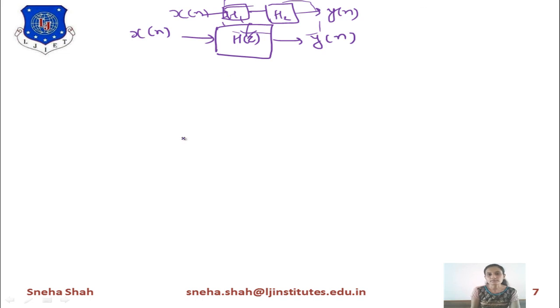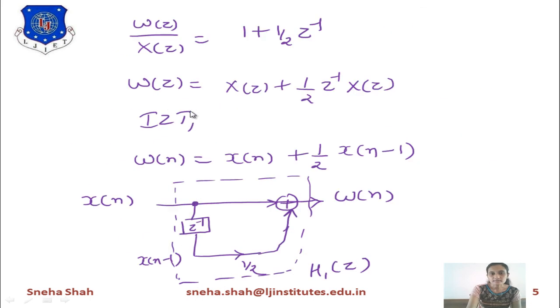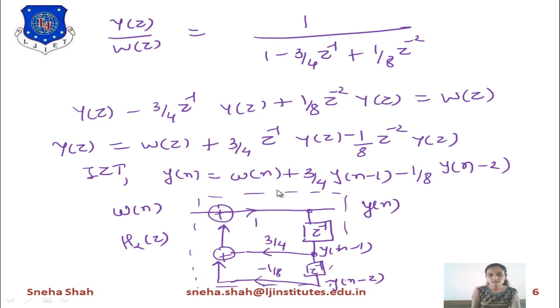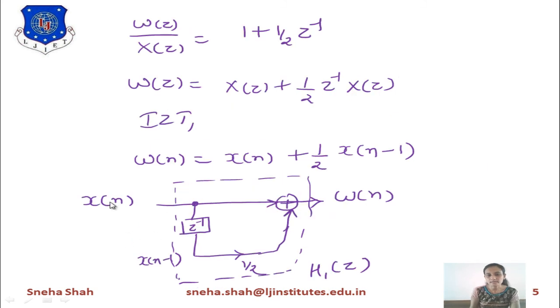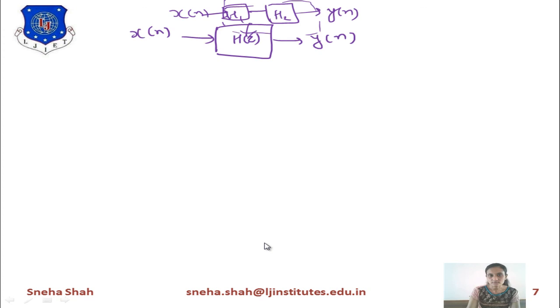So to draw the final structure of direct form 1, I will start from this part. First of all, I am drawing this part. The output of it is given to this part. After merging these two terms, it gives us the final answer. Starting with this, over here we will remember x of n, w of n, and over here z inverse, plus, and 1 by 2. So I will draw the diagram like this.